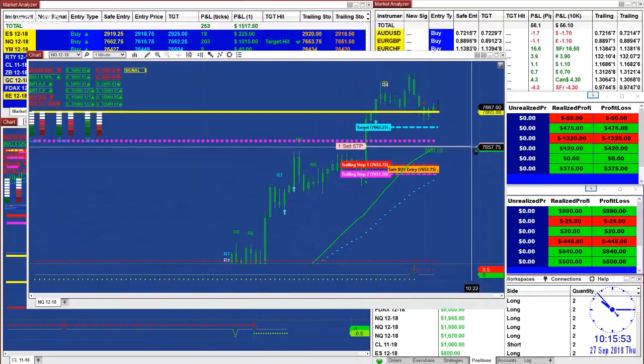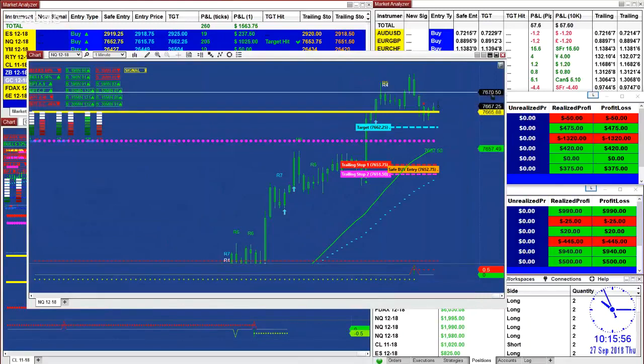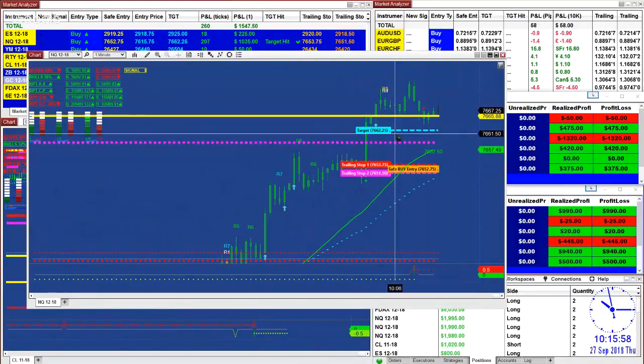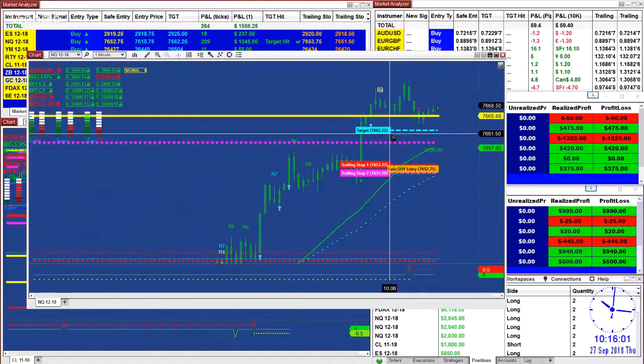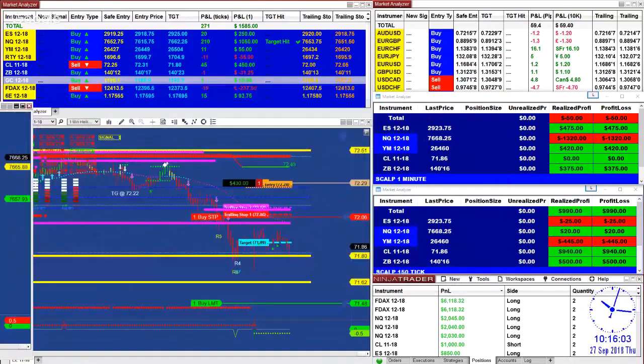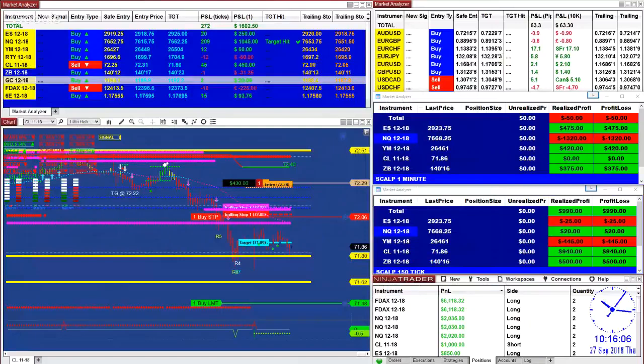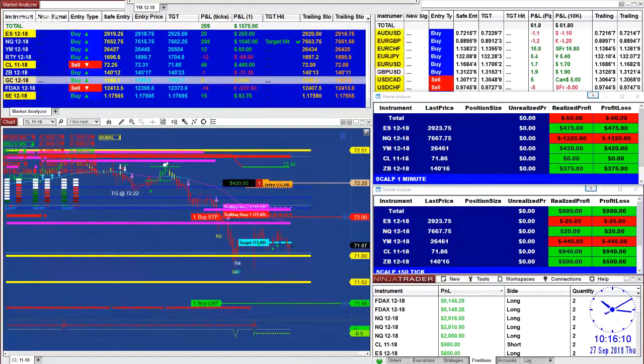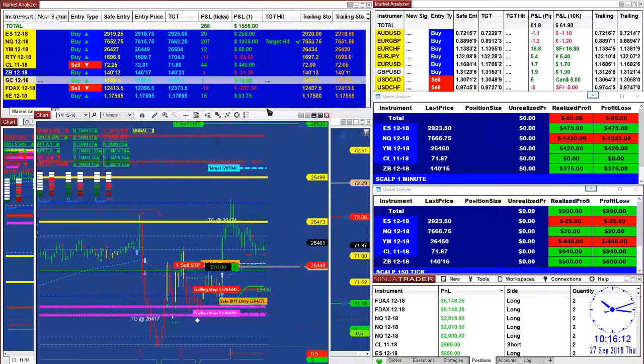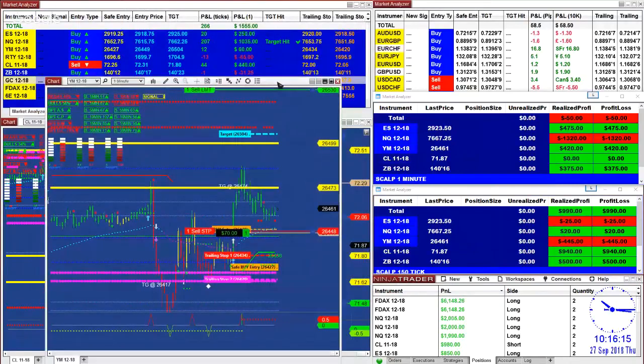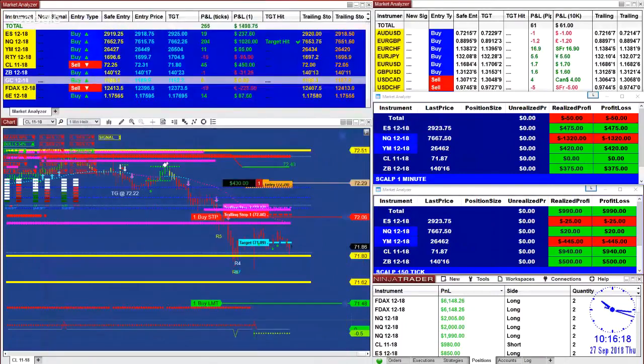I'm going to be canceling this right now and looking at this market to see what will come out of it. After this rally the market did not do anything. It's just sitting and not moving. We don't want to jump into something we don't want. The market is a bit dying on us right now, so we're going to stay on the side, and then we will be trying to see if we can find anything